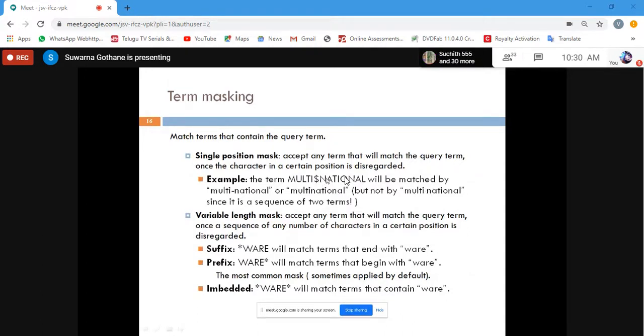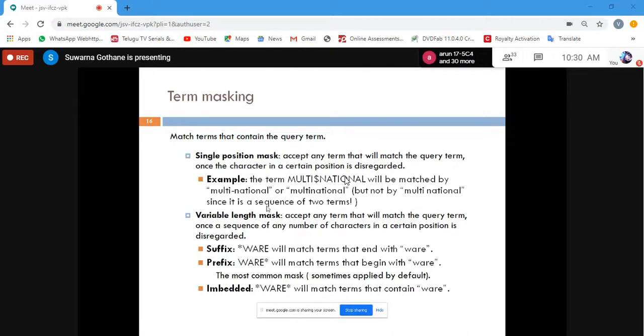If the space is there, then the system will understand based on its rule that whenever a space appears, it is a separate word. So the algorithm is not going to take it up. So multi-space national is not going to be allowed for the single position mask. So this is only about the single character. Whereas when we are masking multiple characters, at that time we have to use the variable length mask.